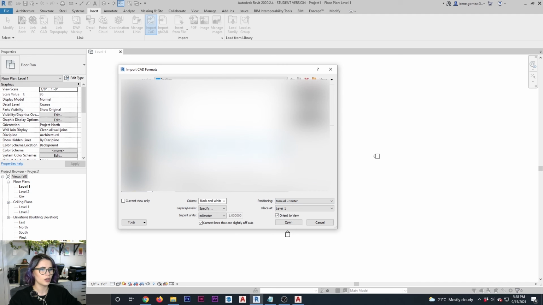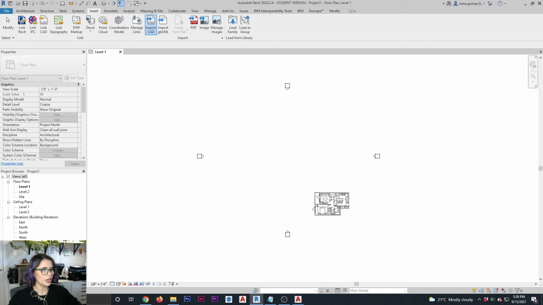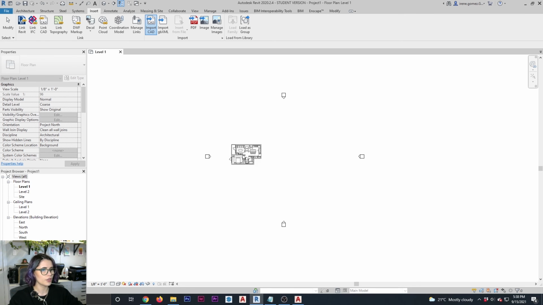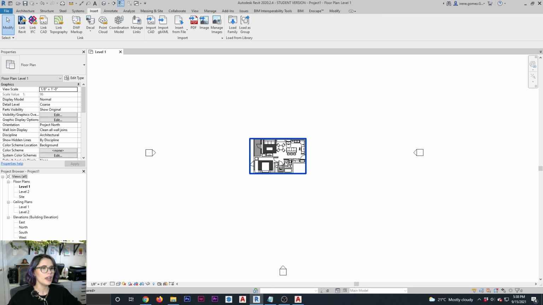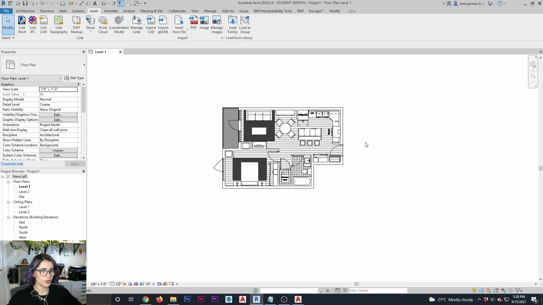So I'm going to select my condo file and open. And again, I have my layers to select. I'm going to leave all of them on this time. But now see what's happening. The file is not automatically placed in your drawing. Instead, you are holding it. And if you look, my cursor has been placed somewhat around the center area of the drawing. So now I can, for example, put it closer here or there or whatever I want it to be. Click, and now it has been placed. So you get a lot more control over the drawing.